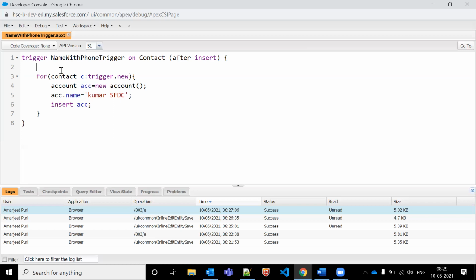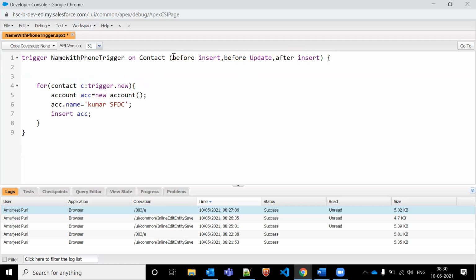So to overcome this issue, what can we do here? Let me remove this and perform all the actions. How will we get to know whether we are performing before, after, update or insert?